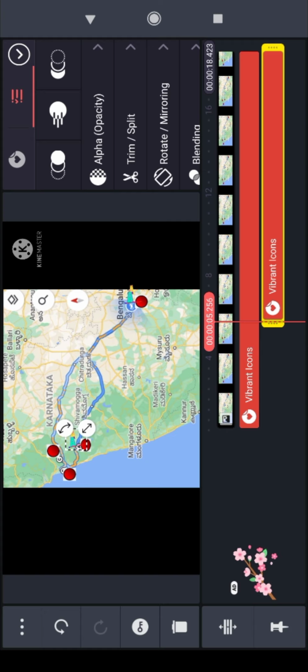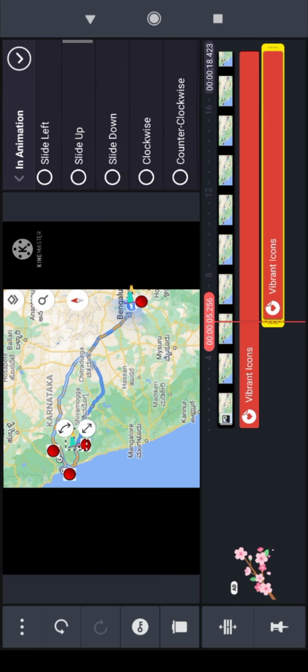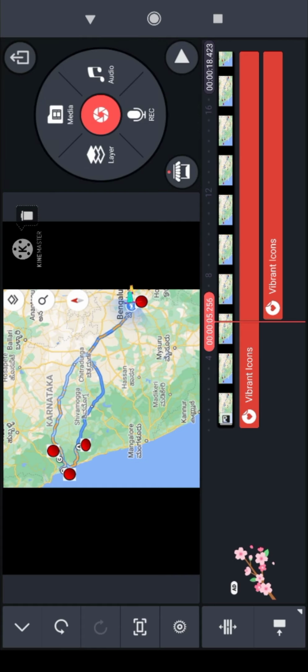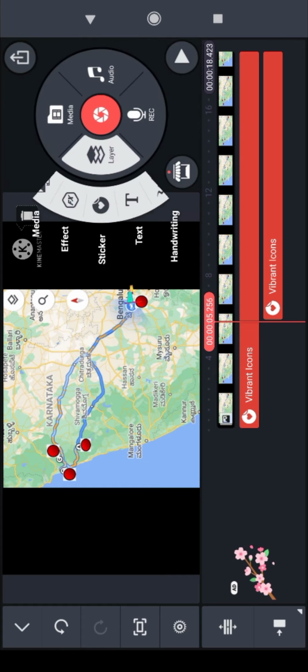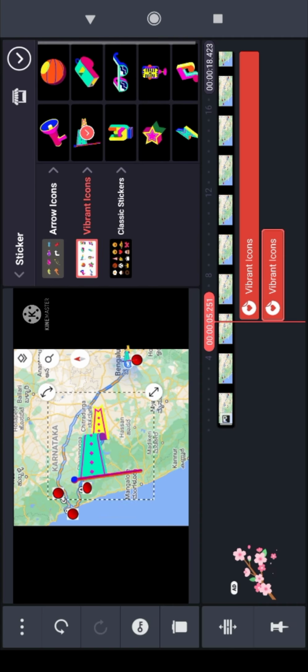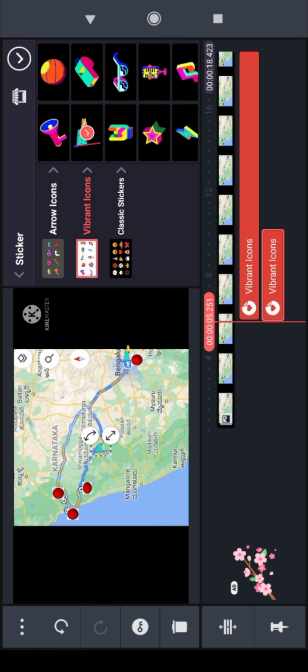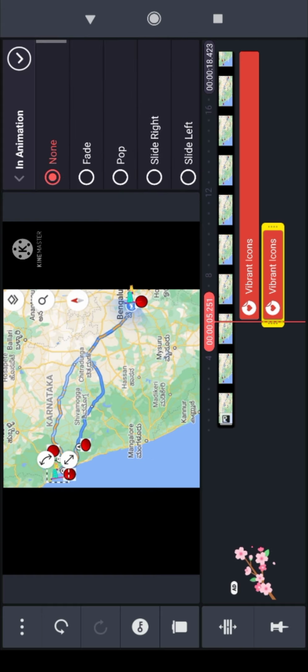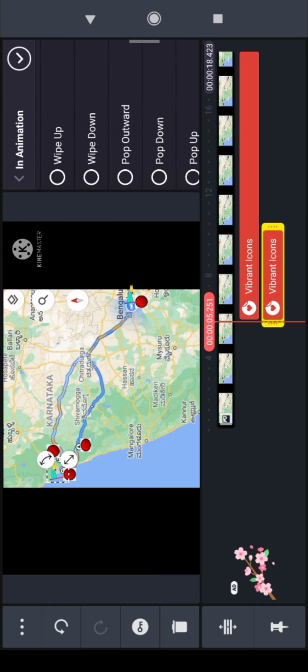So I gave this much gap. Same thing, go to the in animation, select pop down and press OK. Again go to layer, sticker, flag, drag it near Gokarna, place it, press OK, and again go to the in animation, pop down.